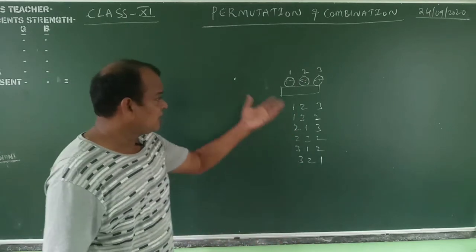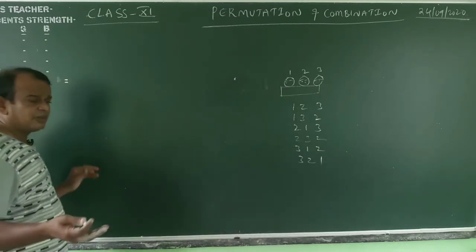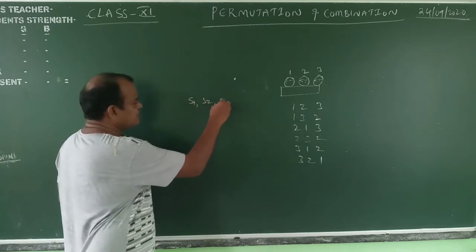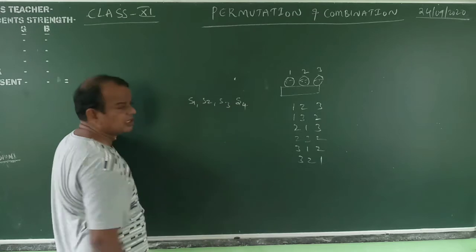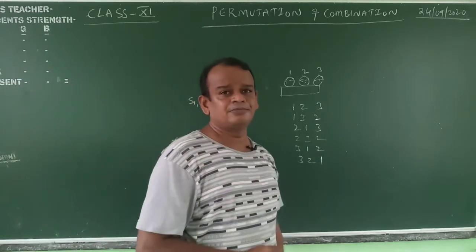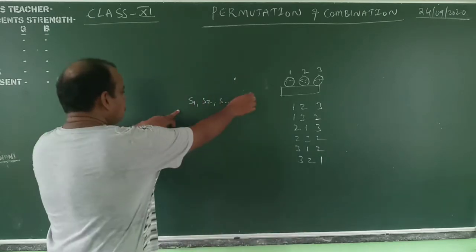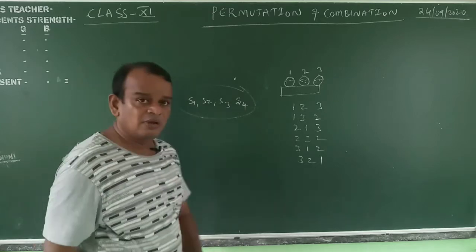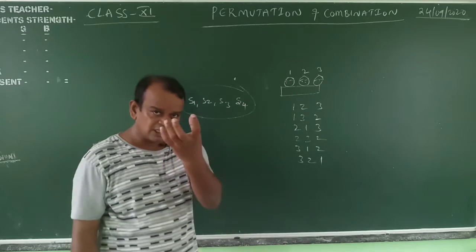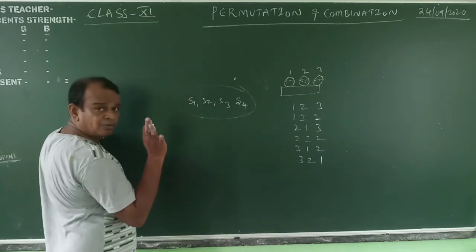For suppose, total number of students in our class, for suppose you have 5 students. S1, S2, S3, S4. Okay, no problem at all. Now we will take the 4 students. In this one, we will take 2 students at a time and arrange the 2 students only. Out of 4 students, we will take 2 members and arrange them. First, we will take the 2 members only, not 4 members.